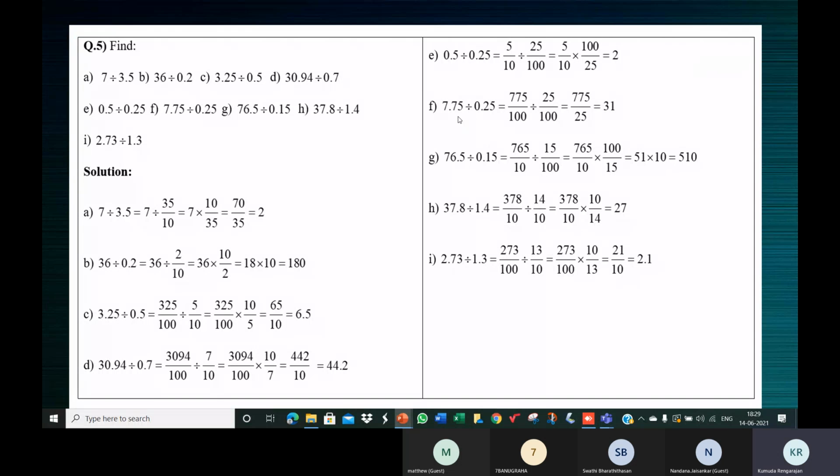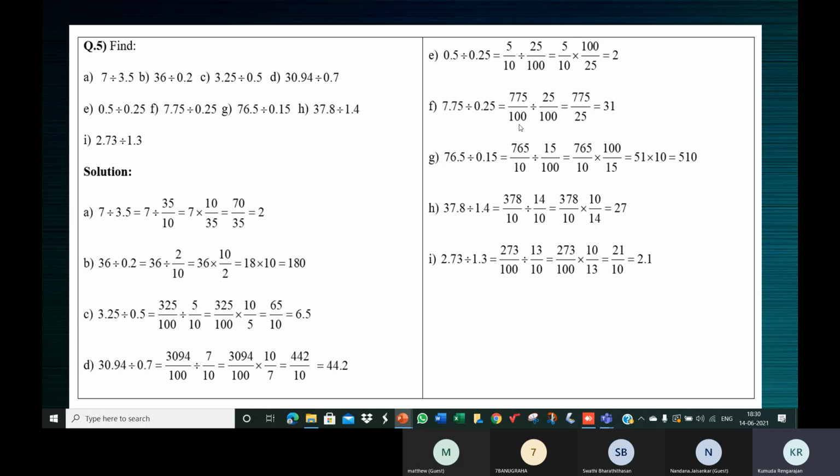So I was telling you 7.75 divided by... I think I've missed a step here, right? Yes, ma'am. Converting into a reciprocal. Yeah, I missed typing that step. Children, since I'm typing all this, please understand it happens. All right, children, so I missed one step here. So the answer is correct. I've just missed a step there.